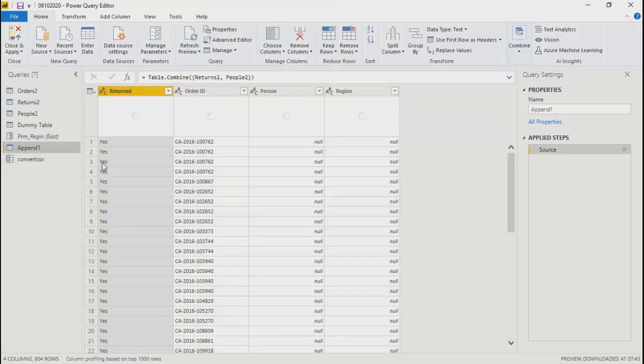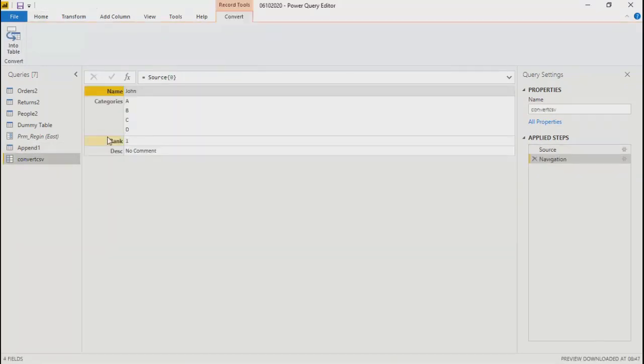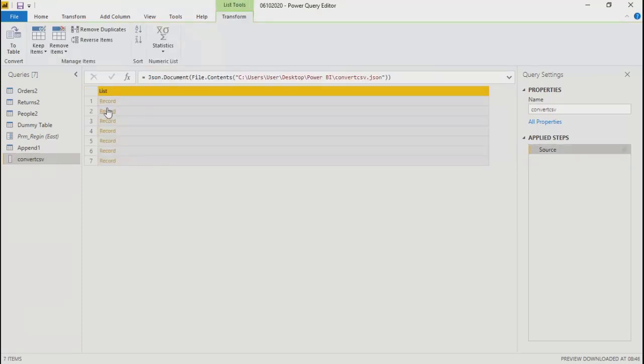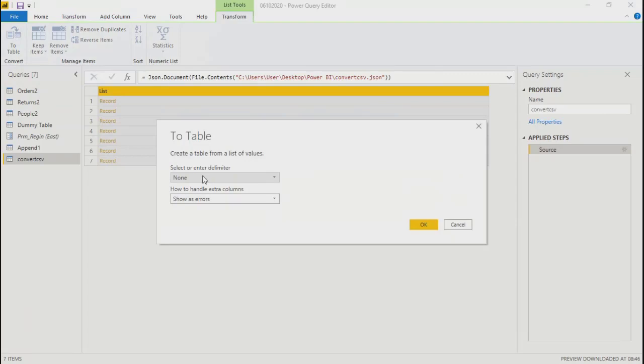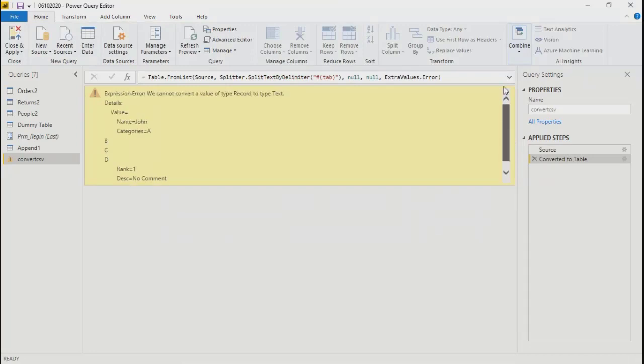Let me go back. If you directly click on Convert to Table, it converts the data into the actual format here, but I don't think this will work for us.